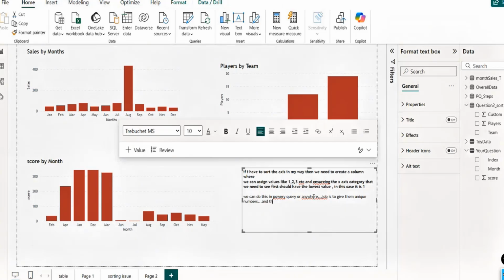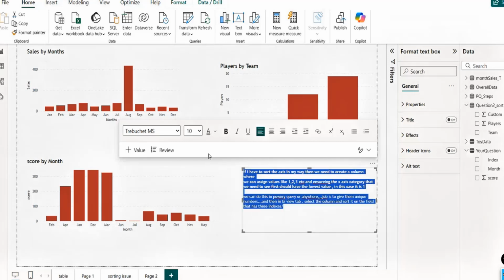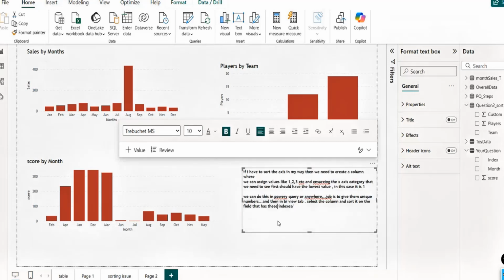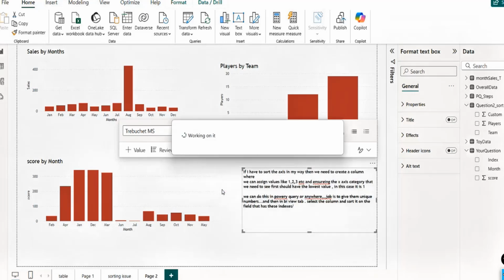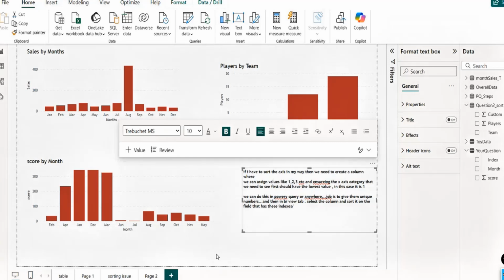And then in BI, select the column and sort it by the field that has these indexes. Okay. Now, last thing about this is that